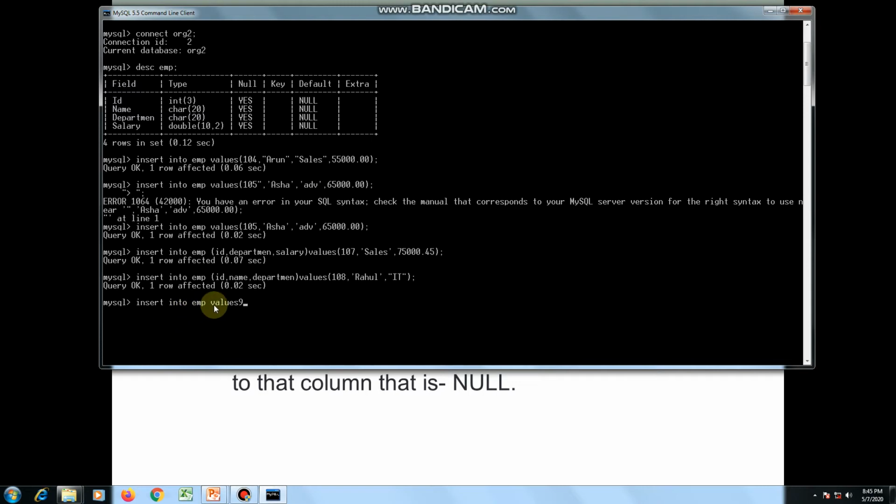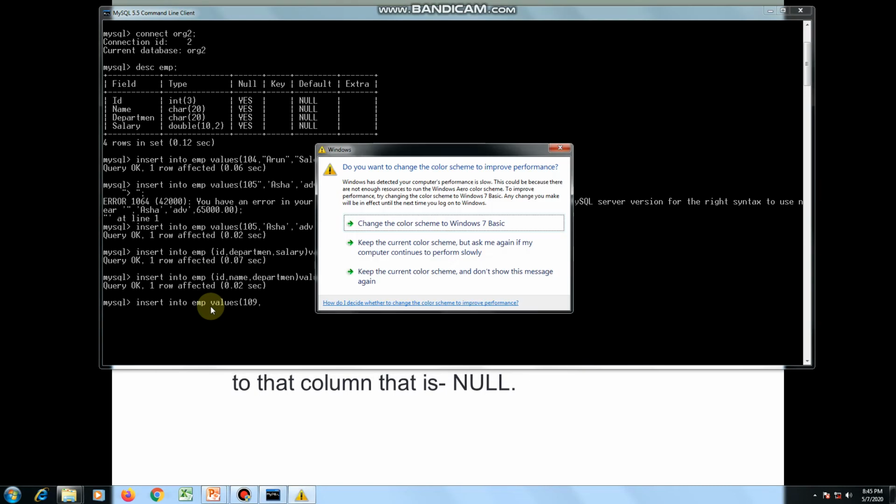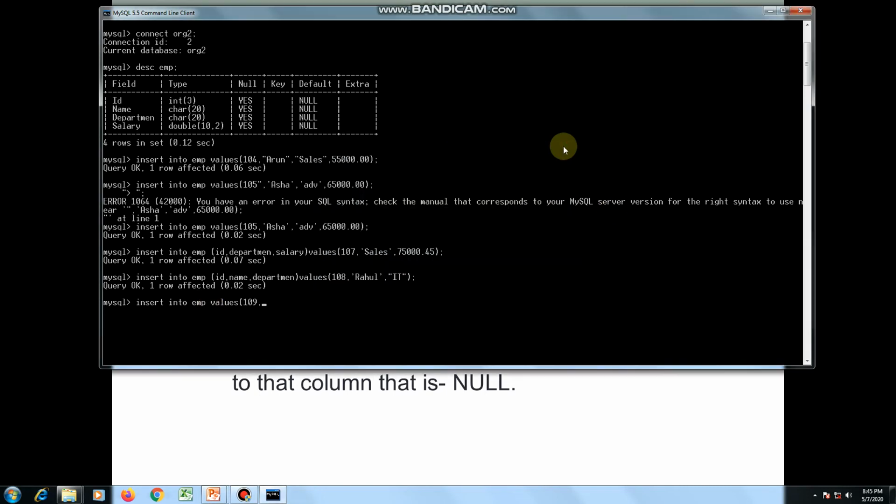Here I am missing the field name list, and we know that if we miss the field name list, then it's compulsory that we specify all field values of a table. But now I am deliberately missing one value: I have provided 101 for employee ID, and then Krishna for name of employee, and then directly salary 80,000.65.